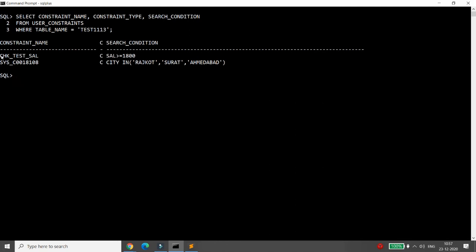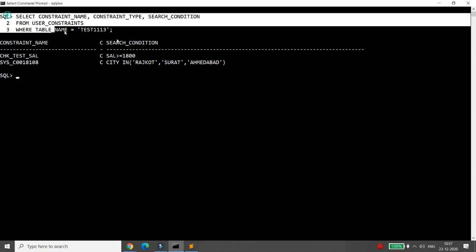The one constraint is chk_test_cell, having the condition to check that the salary is greater than or equal to 1800. Another constraint is sys_c0018108. The condition is city in Rajkot, Surat and Ahmedabad. And once you get this,